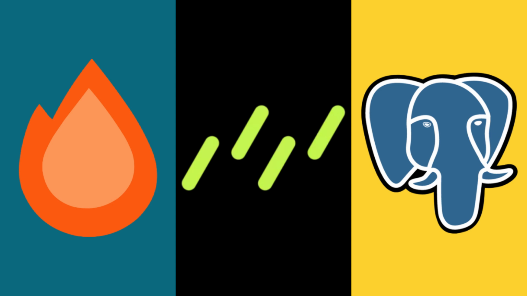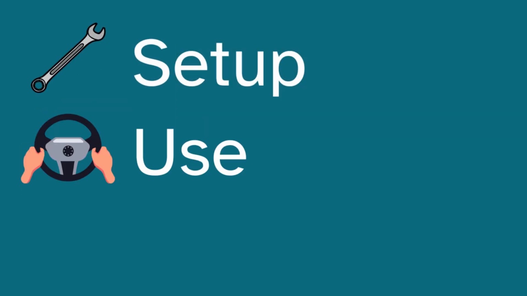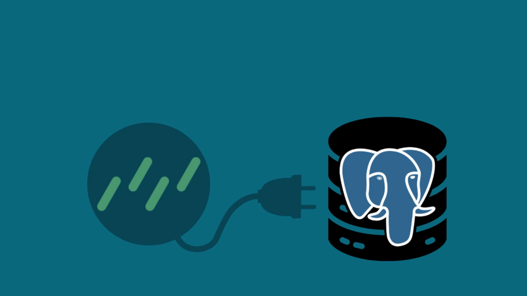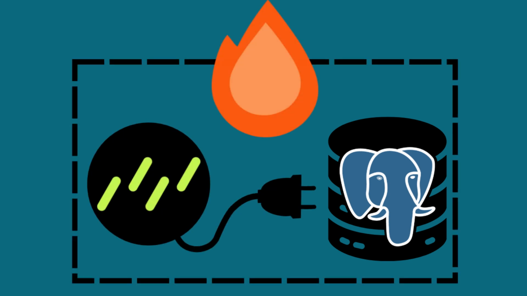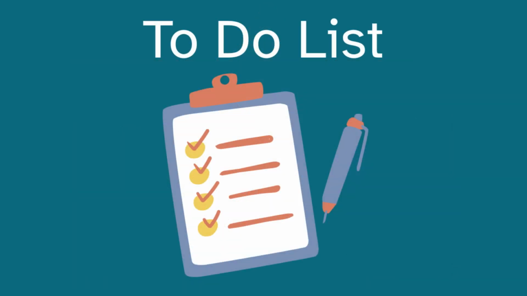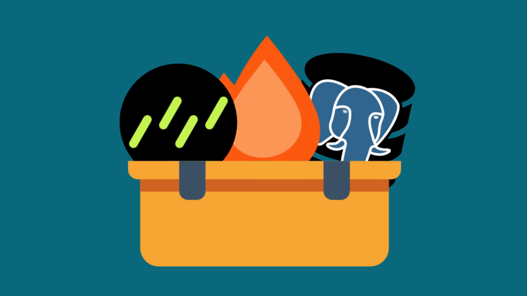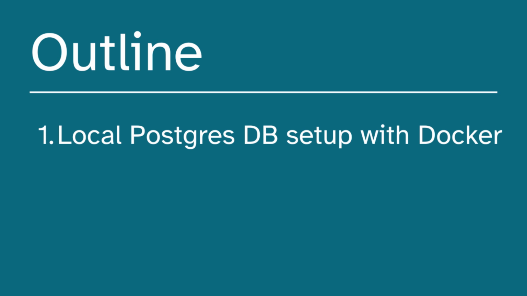In this video, I'm going to show you how to set up, use, and test Postgres and Drizzle inside of a Hono REST API. I'm going to build out the database functionality inside of a simple to-do app, and by the end of this video, you'll have everything that you need to set up Drizzle and Postgres inside of your own Hono apps. I'm going to quickly walk through the tutorial outline so you know exactly what to expect in